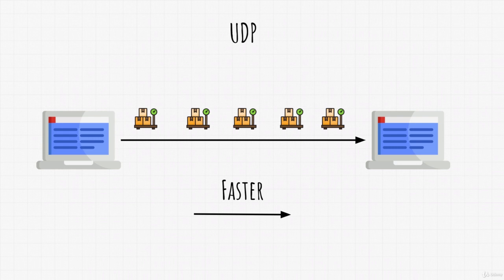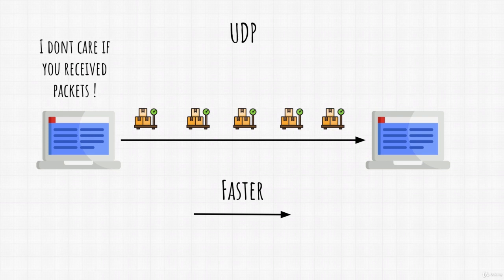UDP doesn't really care whether packets reach their destination, and it will not resend a packet if it didn't reach the other party. It will just continue sending other packets. You cannot ask for those missing packets again with UDP, and these are just the basics behind the two most known